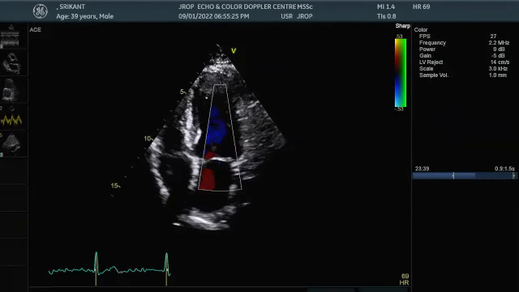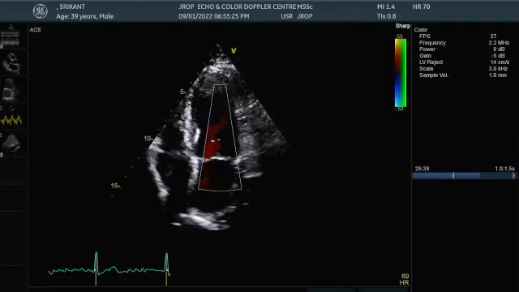At your level, look, this small MR jet is seen over here. Can you see this MR jet? The jet which is present just behind the leaflet is known as trivial. When it occupies one half, it is known as mild. If it occupies two halves, it is moderate. When it occupies the whole of the LA, it is known as severe. That's how we used to say that.